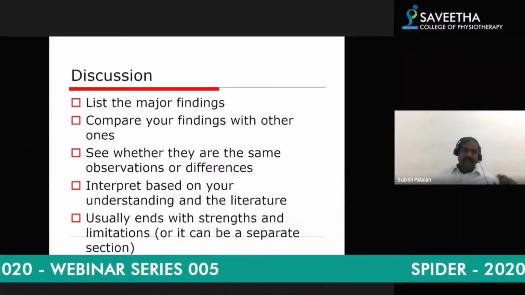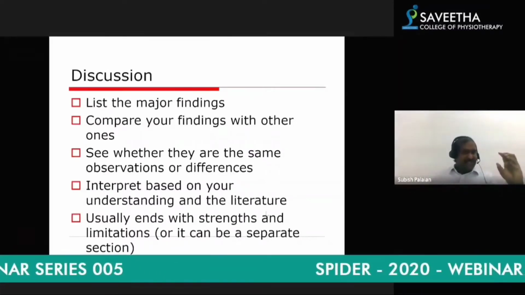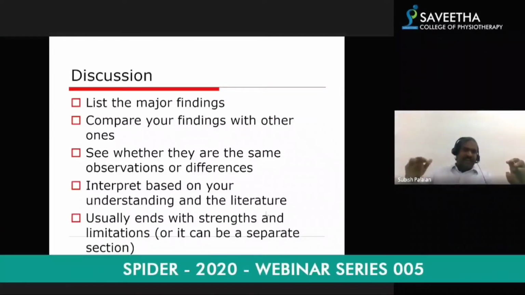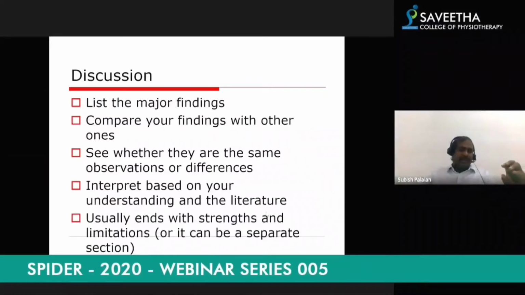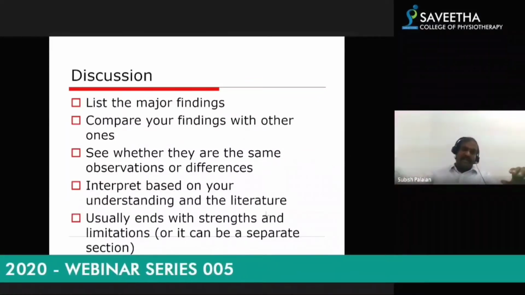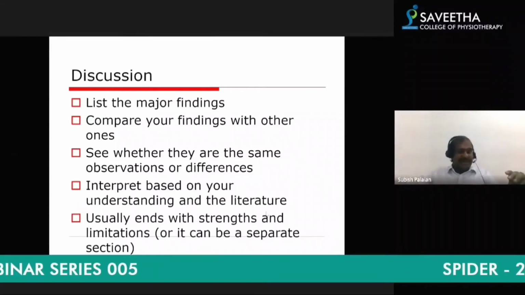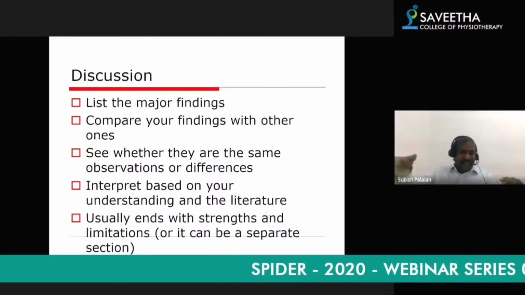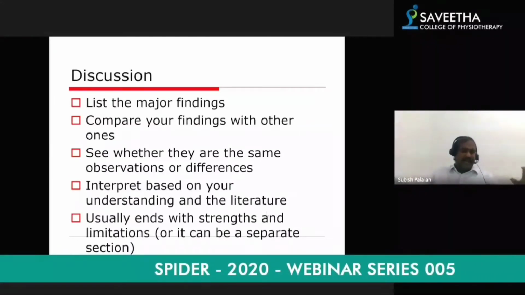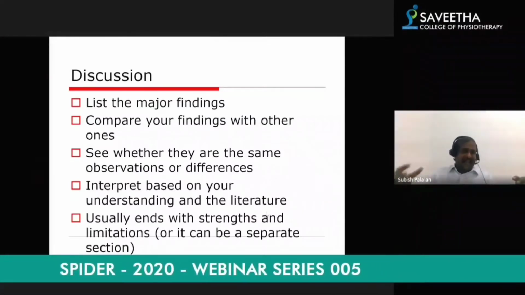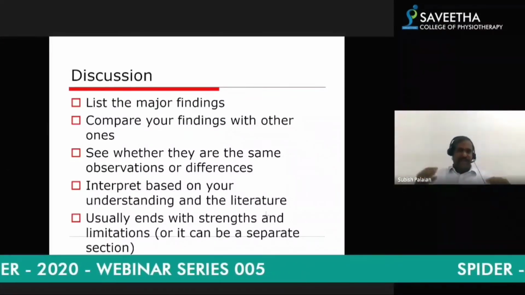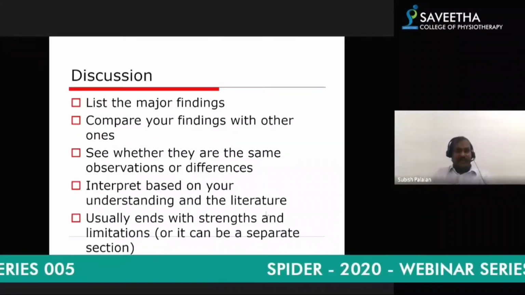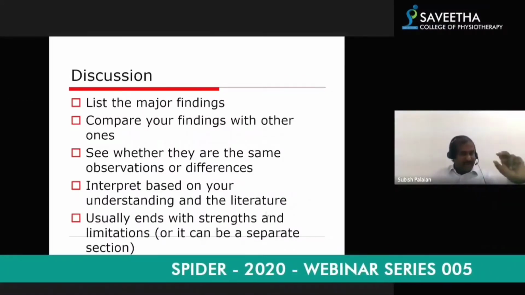I repeat again, I have many observations. I take my first observation, mention it, and then compare with other findings, other studies. For example, my study in Chennai found back pain to be common in women, in females. But another study done in North India found that back pain is not common in women, maybe like that. So take 2 or 3 references from other similar studies. If it is in the same place, same country, fine; if not, go to other countries and compare your finding with others and see whether this finding is similar to other findings or not. If it is the same or different, then you look for reasons why it could be the same or different. That finishes your discussion for the first part, the first observation.